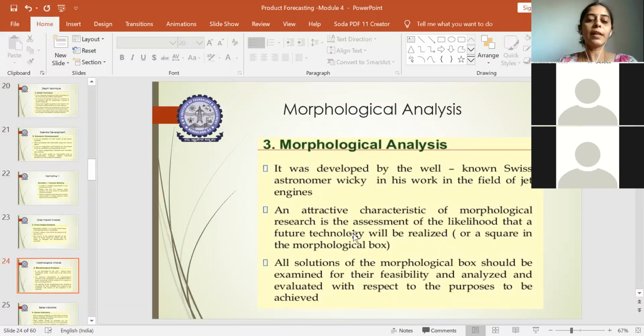So the characteristic nature of the future technology, what it could be, will be identified. That will be embedded in a morphological box. So every design here will be associated with a morphological box. And this morphological box usually speaks about the structural analysis, how the structure of the material looks like. In that structural analysis, they will associate the assessment of the structure of the material which is being used. So this will be framed in the morphological box.